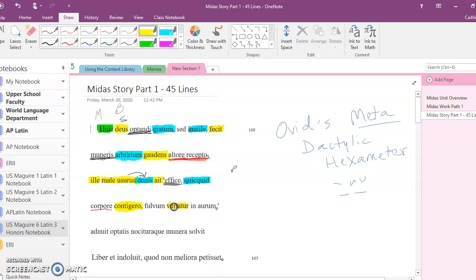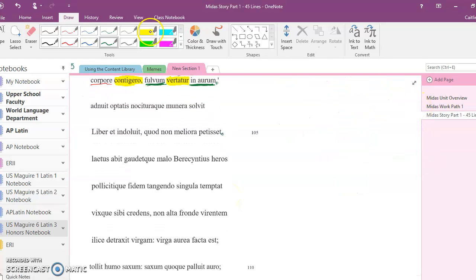I've got a new verb. This whatever thing. Whatever I touch with my body is turned, so it's like it's the object of touch, but it's the subject of vertatur. Whatever I touch with my body is turned, and then my prepositional phrase in poetry is usually going to have the adjective moved out in front, but it's part of the prepositional phrase, is turned into yellow gold. Into yellow gold. That's really, really common for poetry. Fulvum in aurum instead of in fulvum aurum. Okay? Cool, we know Midas's wish. We know the story. Okay?